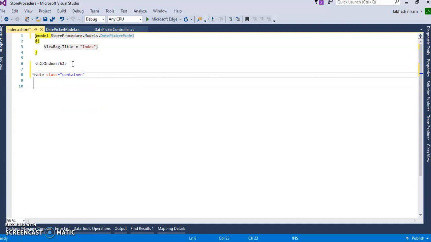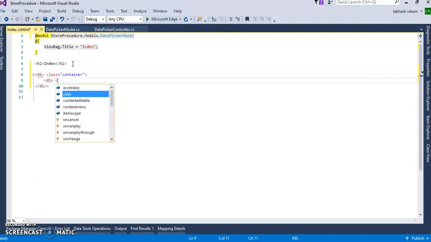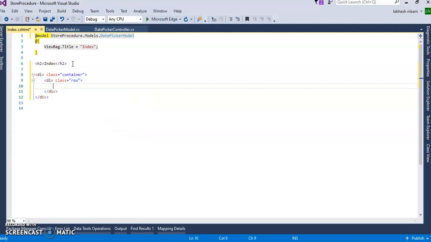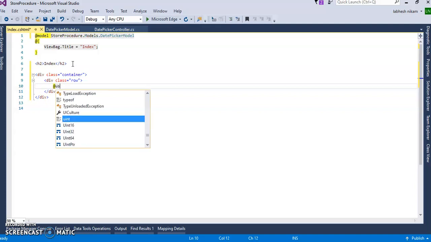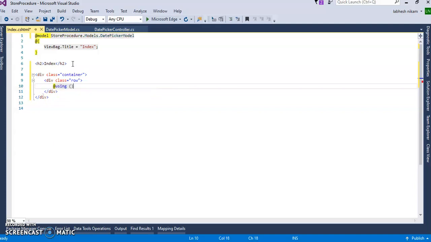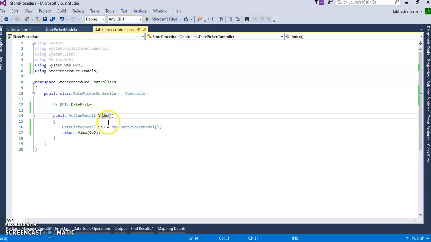Okay, and inside of the container we'll create a row, so div class equal to row, and inside of this I will create one form, @using Html.BeginForm, and inside of this I will pass the controller method where I have written my code for the date picker, this Index method, and the name of the controller is DatePickerController.